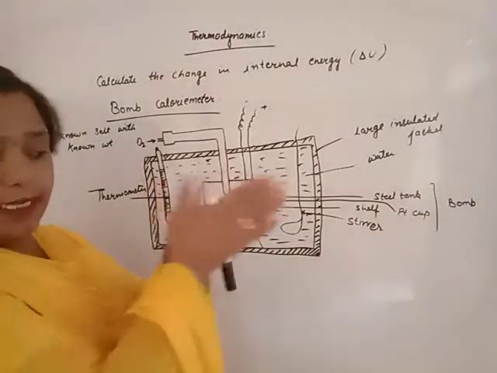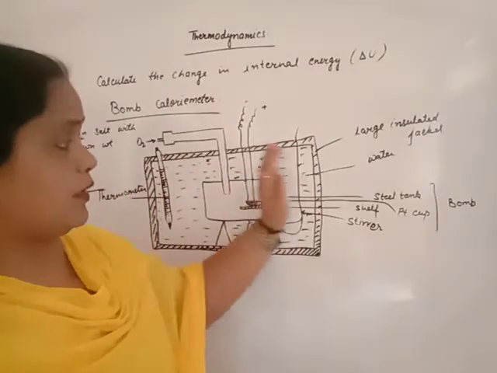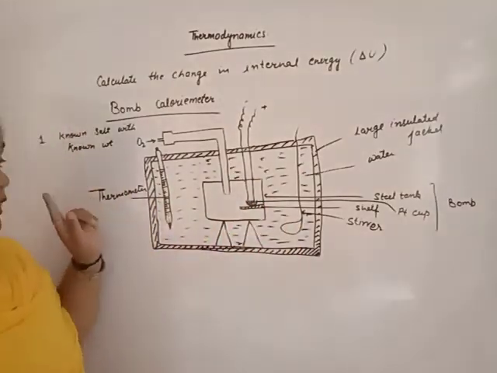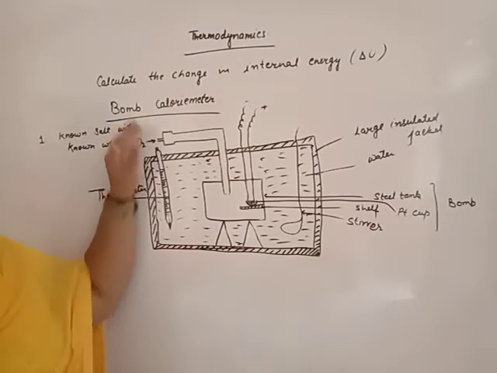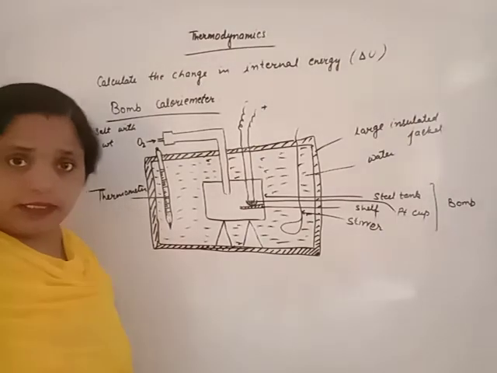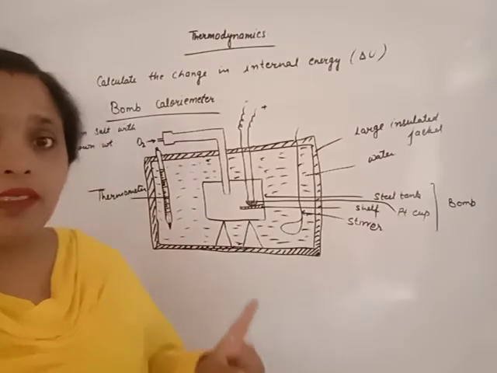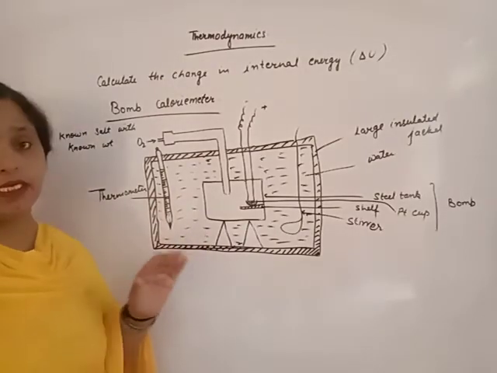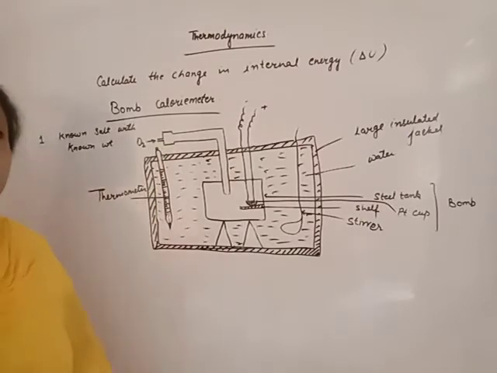Now with the stirrer we will start stirring. By stirring, all the water moves and the temperature of all the water remains uniform. Several times we take out the thermometer and check the temperature reading. A time comes when the temperature remains constant and does not rise. This is the final temperature.